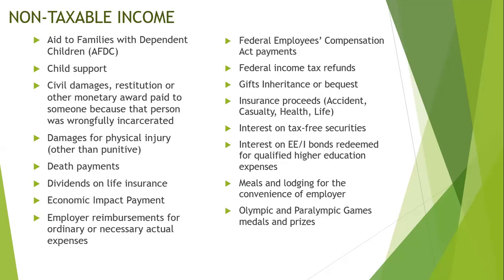Non-taxable income: aid to families with dependent children, the AFDC. A lot of people think that they can prepare their taxes with that. I'm sorry, you cannot. Child support, you cannot. It is not a taxable income. It is an obligation. Civil damages,